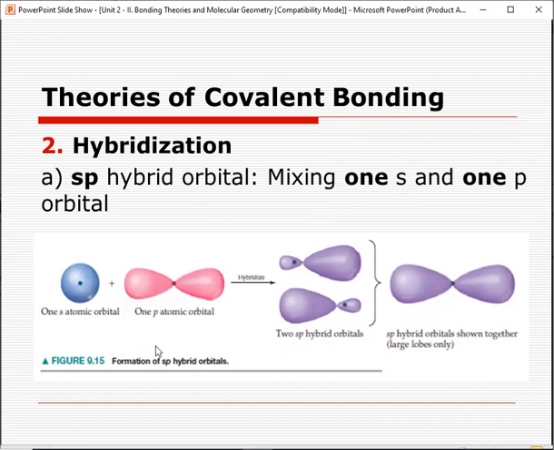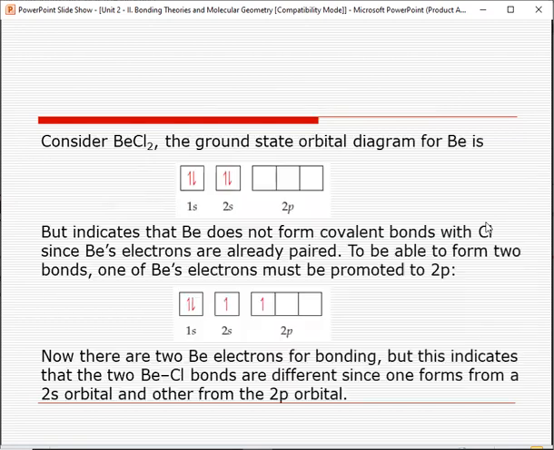So, this is the picture: a 1s orbital and a 1p atomic orbital. As you can see, as I have discussed, the shape of the p orbital is like a dumbbell. When they are bonded together or mixed together, this is the picture. When they are shown together, only the large lobes can be seen. So, an example is